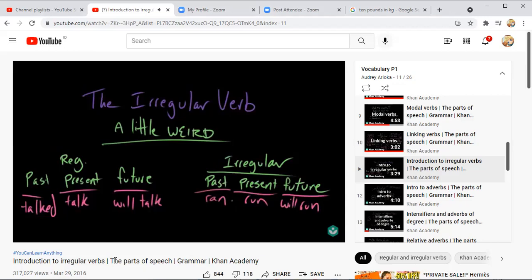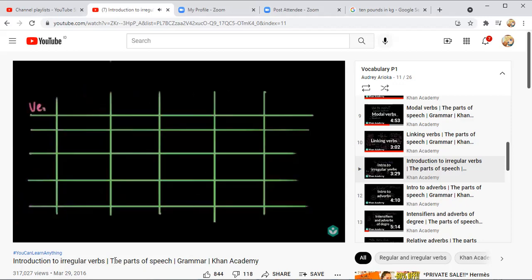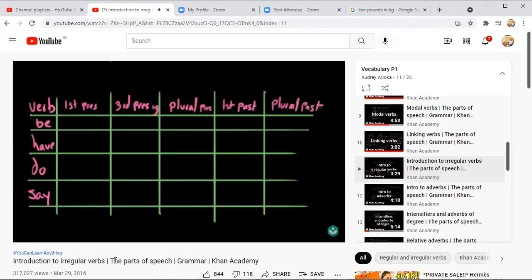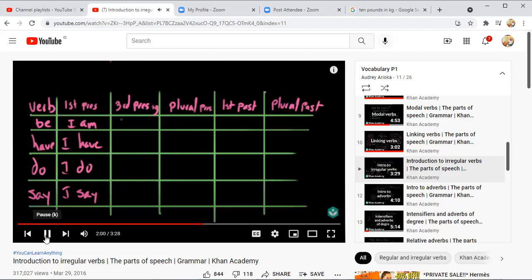Super duper weird. Now, there are a lot of irregular verbs in English. But you're listening to something the grammar book decided to cover. So I think between the two of us, we can figure this out. But for now, let's just focus on 4 verbs. First person, when we're talking about ourselves, when I'm talking about myself, in the present, I would say, I. If we're talking about someone else in the present, singular, we would say,